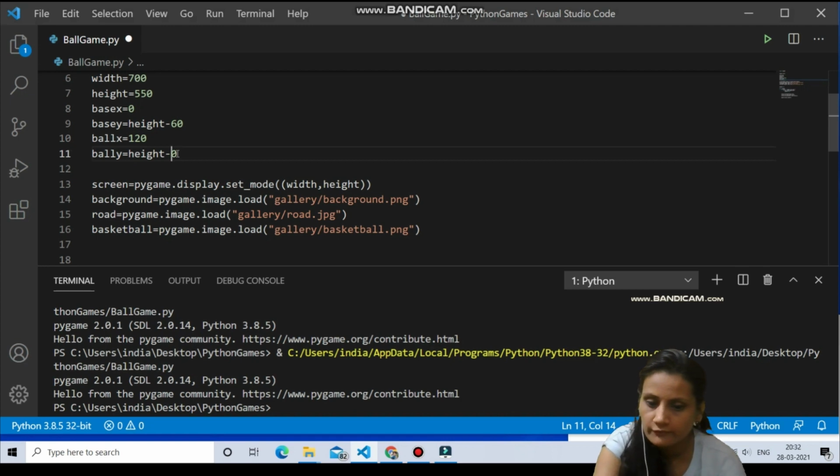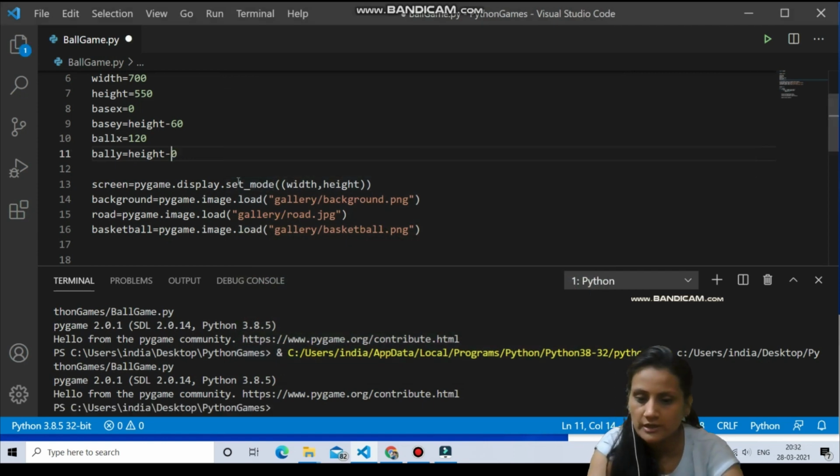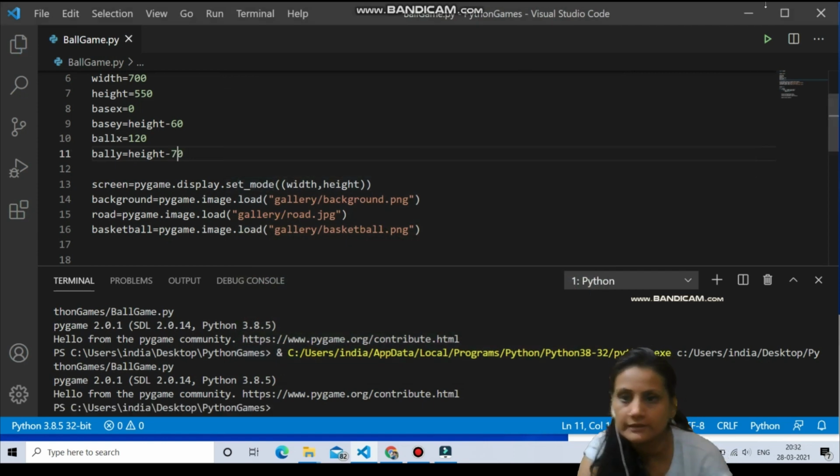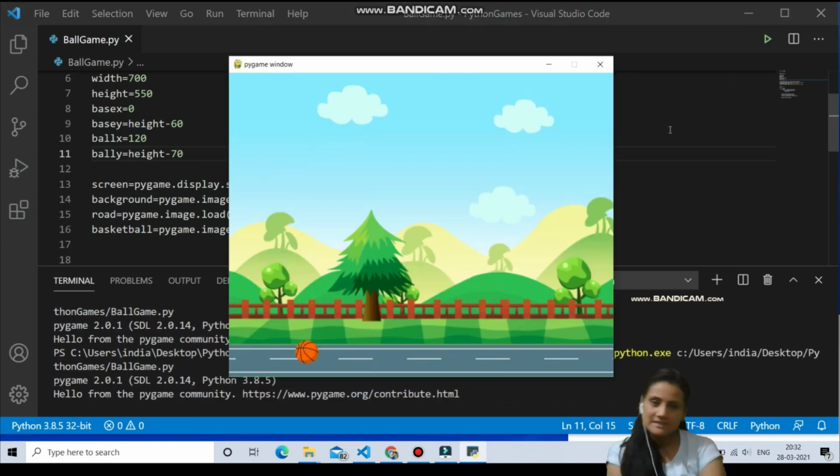height minus only, say. Okay, see, these coordinates are trial and error. You have to play with them to place your object correctly. So here the ball is here only, height minus 5. No, I don't like it. I will change it to height minus 17. Okay, now just see, maybe this is right. It seems like the ball is ready to bounce up. The ball is at the middle of the road, and I think this is fine now.